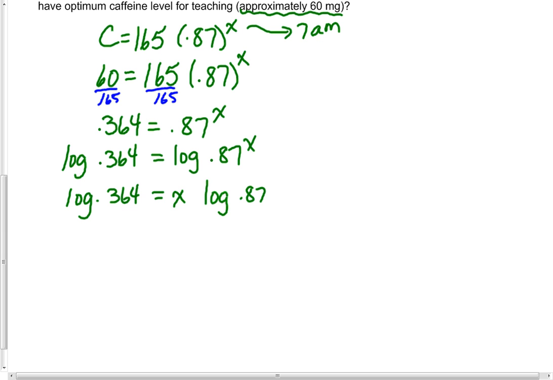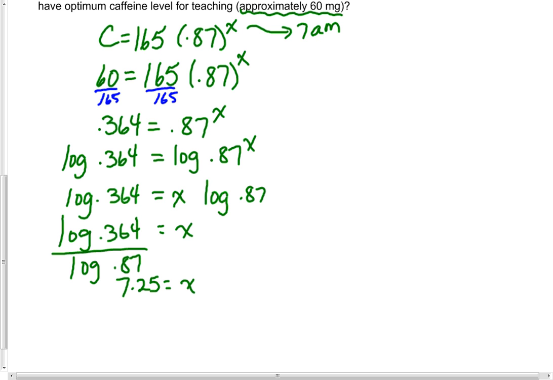And to get x by itself, I'm going to divide both sides by log 0.87. X is approximately log 0.364 divided by log 0.87, 7.25,